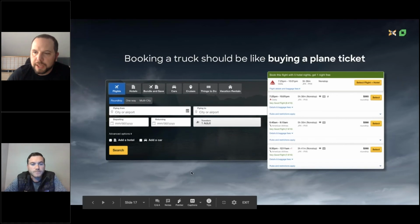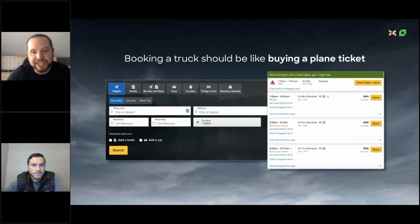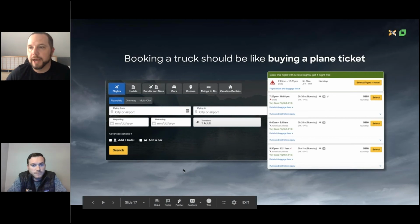At Loadsmart, we believe that should work much more efficiently, should be much easier. So we set out and built a platform that works exactly like booking an airline ticket. We did this 6 years ago, so we have a lot of experience having built it and used it in the marketplace. But essentially, you're going to be putting in your pickup destination, your delivery location, the date that you want your freight moved, and the commodity, and we're going to return an instant rate to you that is